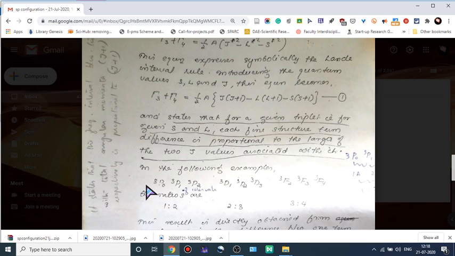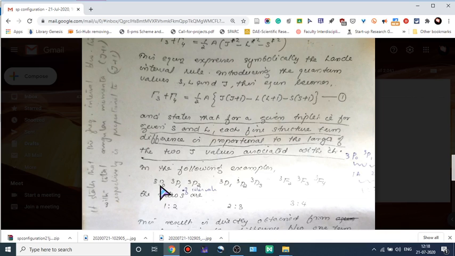Now we are following the examples for L equal to 1 system, L equal to 2 system and L equal to 3 system. For the L equal to 1 system, consider this triplet, that is 3p0, 3p1 and 3p2. Here S equal to 1, L equal to 1, J equal to 0, and for here 3p1, L equal to 1, J equal to 1, S equal to 1, and for the 3p2, S equal to 1, L equal to 1, J equal to 2.